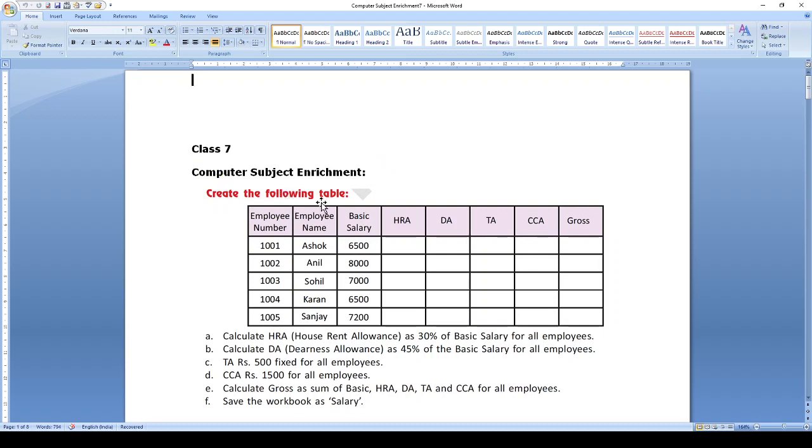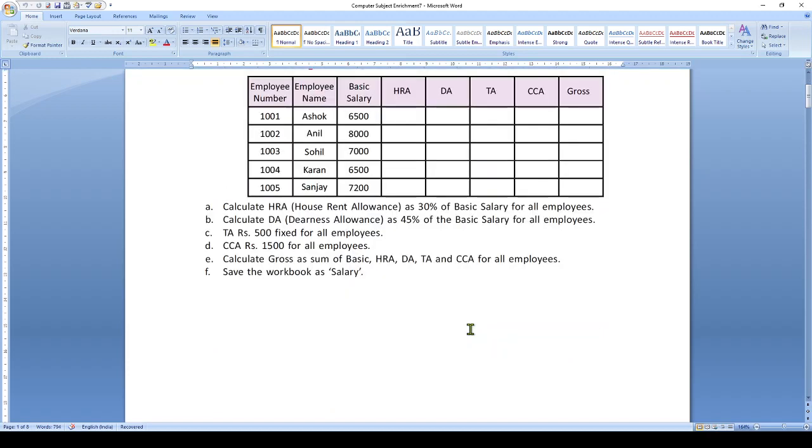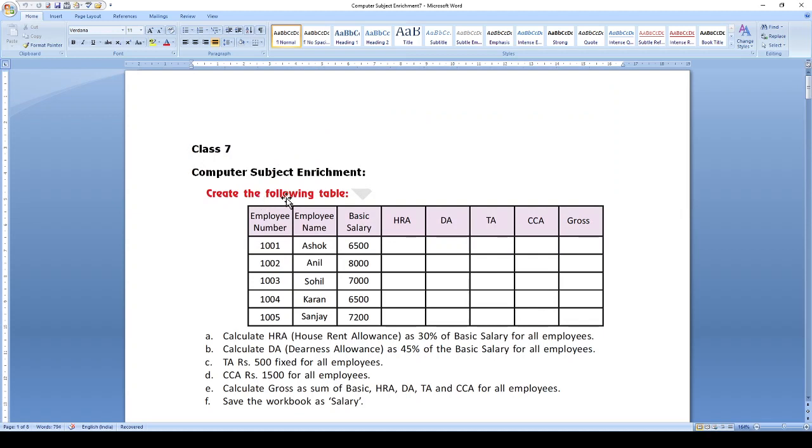So you have to do the activity by writing the steps for how you will do this in a worksheet in Excel. You have to write the steps for carrying out this activity. Let's see the steps first. For creating the table, you have to create the table with these fields.